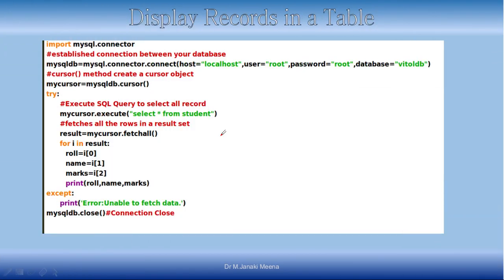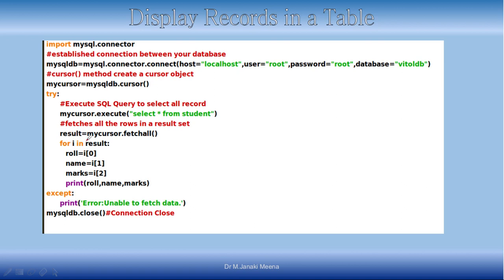Now we will see how fetchall helps in retrieving the data. Import the package, connect to the database, get a cursor object, execute the command select star from student1, and then fetch all. I fetch all the records and print them one by one by iterating over the list.